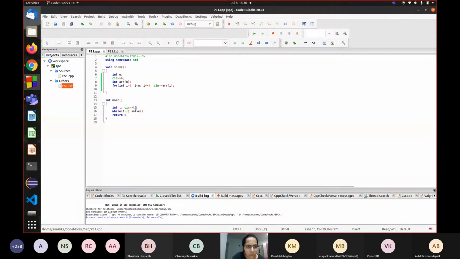Let me just remove this. So guys, this is the logical OR operator. If either of the two statements is true, then it will return true.